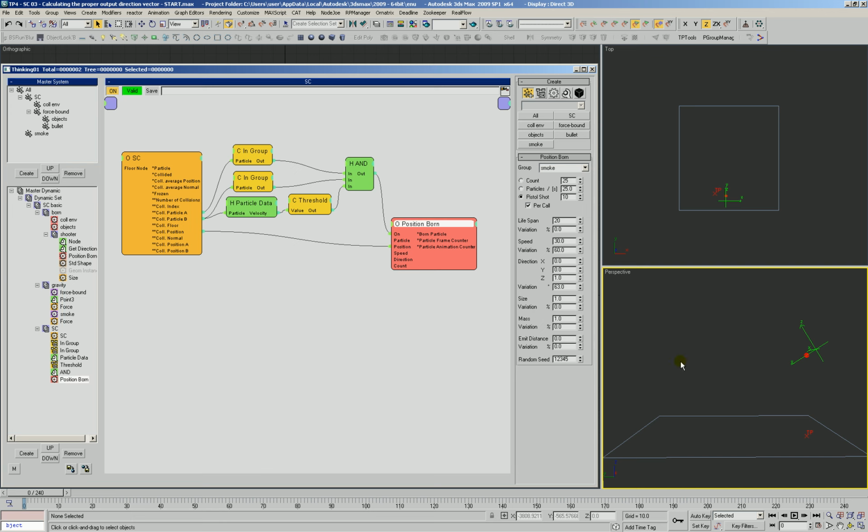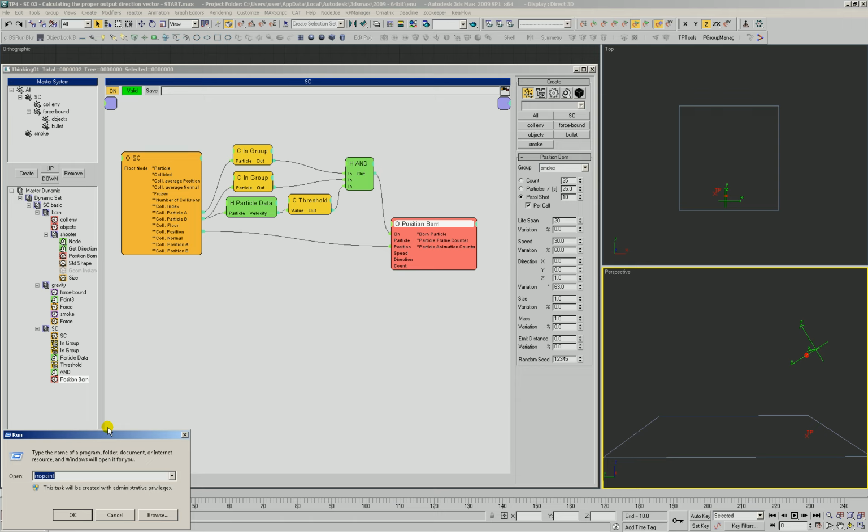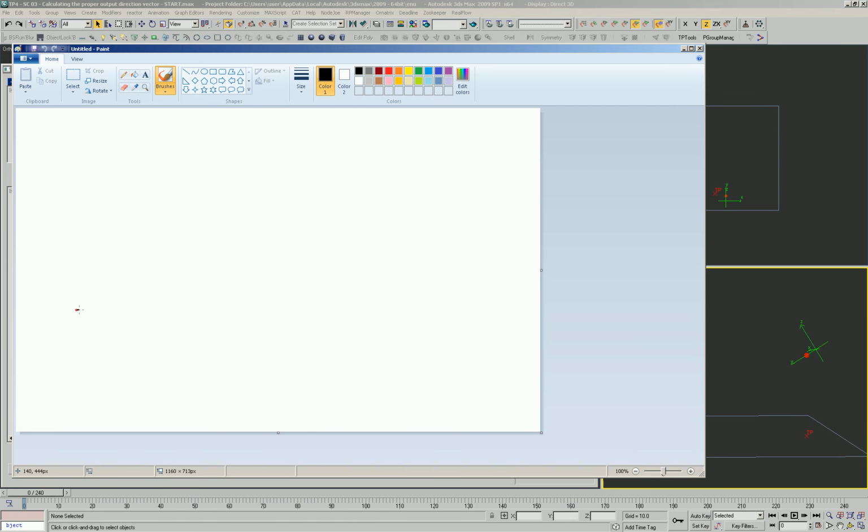Alright, welcome to the video on calculating the proper output direction vector from a shape collision. The reason we're doing this is because, let's go ahead and pull up MS Paint, and if this is our ground, which is not quite flat, but if we had a bullet coming in or something colliding and hitting at this angle,